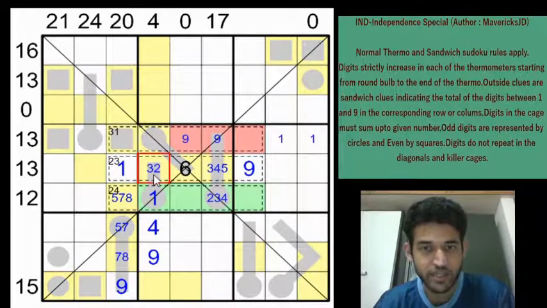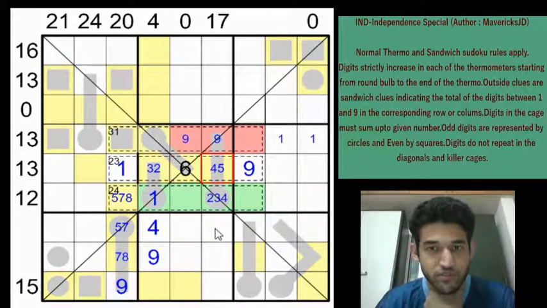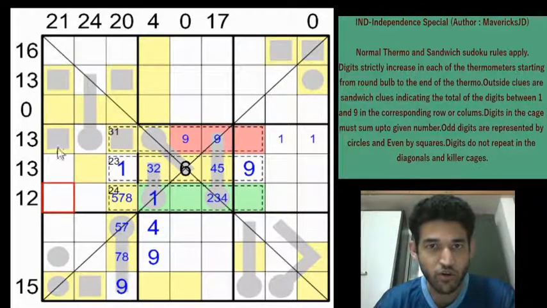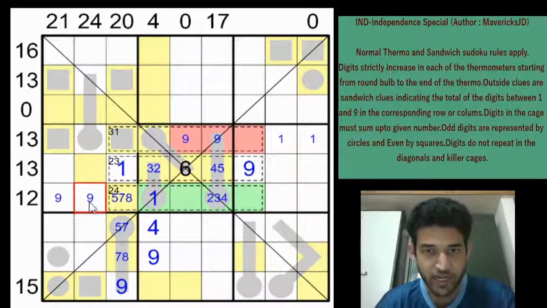So this will be a 3 or a 2, and this is going to be 4 or 5, which is good for us. And now, because 9 is restricted to one of these 2 cells in row 4 and 9 is in row 5 column 7, the 9 in box 4 rather will go into one of these 2 cells, right? But 9 cannot be here obviously because we have a 12 total, and if you have a 9 here, then the 12 is hitting a contradiction. So we need to have the 9 here.